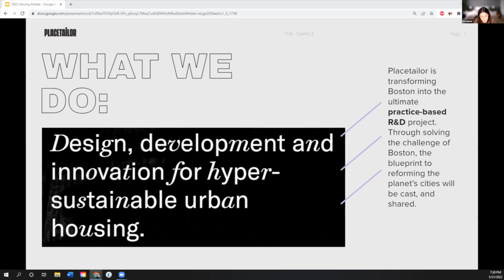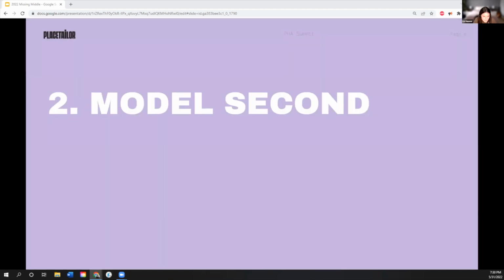The benefit to an R&D approach allows us to try the best and current advancements in building science to improve upon our last build. This also creates an exciting work environment, one in which I'm lucky to be a part of. So now I'll get into how we structured our business model to achieve our mission.